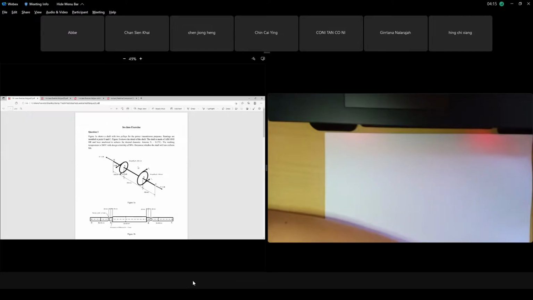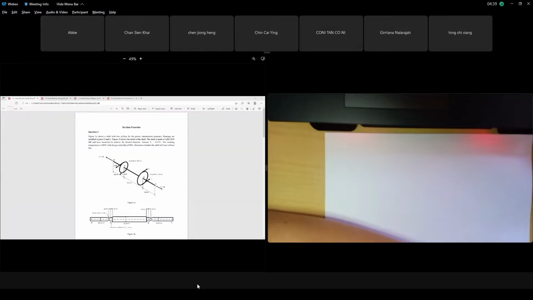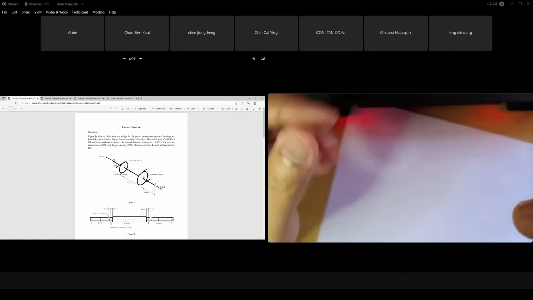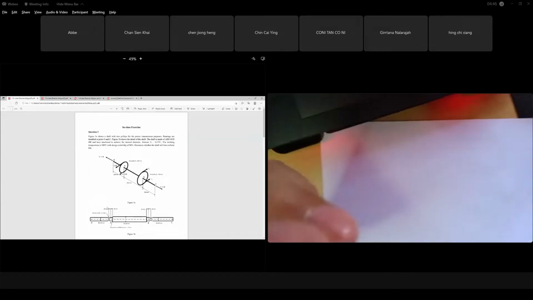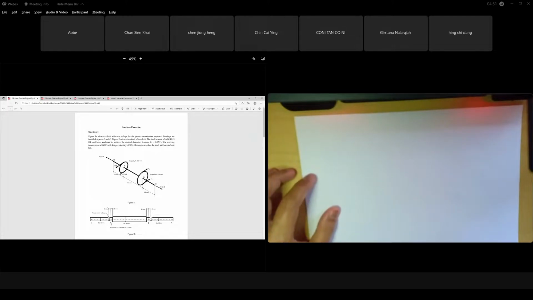Alright, can you see the in-class exercise, question 1? So you can look here, one in-class exercise. The first one is your notes. This one is the solution for this question 1. You can look at that. That is the typical one I mentioned to you. If you look at my live video, you can see my live video. Hold on. Okay,